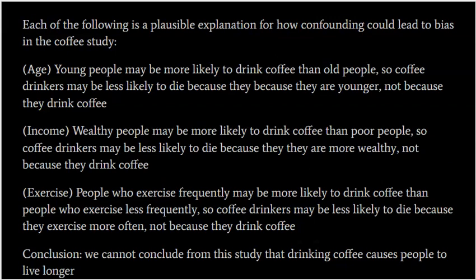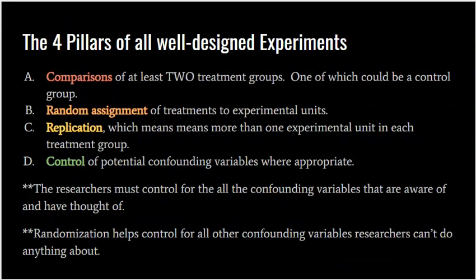All right, let's dive now into the 4 major aspects of all good experiments. These are called the 4 pillars. So the first of the 4 pillars is comparison. All good experiments have to at least have 2 treatment groups. Now, one of those 2 groups could be a control group that gets nothing. So for example, if you want to know if a new pill is going to help reduce somebody's headaches, well, then you have to give a group that gets the pill and a group that doesn't get the pill. That group that doesn't get the pill would be your control group, but you have to have at least 2